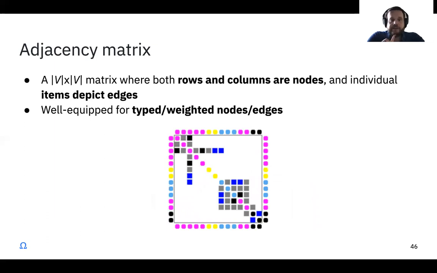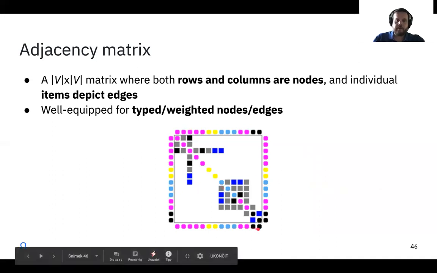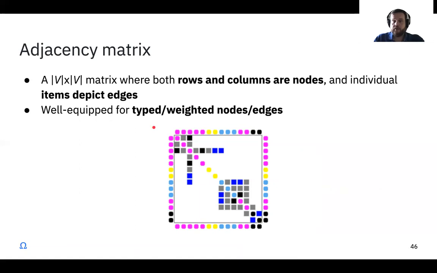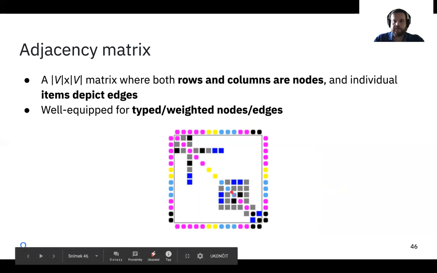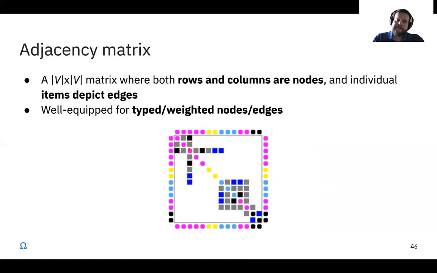So adjacency matrix is a V times V matrix. So the number of nodes times the number of nodes, because both rows and columns are nodes, and individual items in the matrix depict edges. So here we have our nodes that are typed, as we see. So we have violet or magenta nodes, yellow nodes, cyan nodes, and black nodes. So this allows us to encode typing and weighting. On the diagonal, we map the nodes again for a bit more visual clarity,